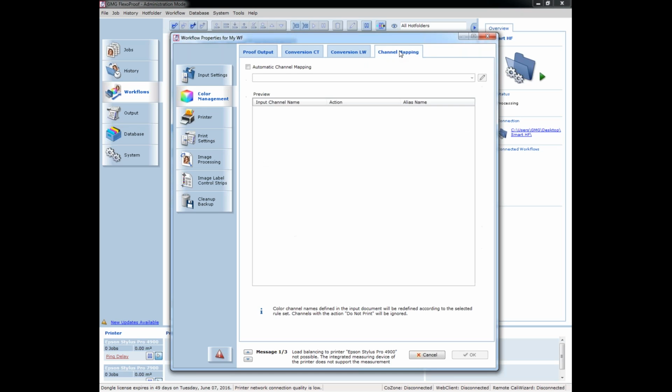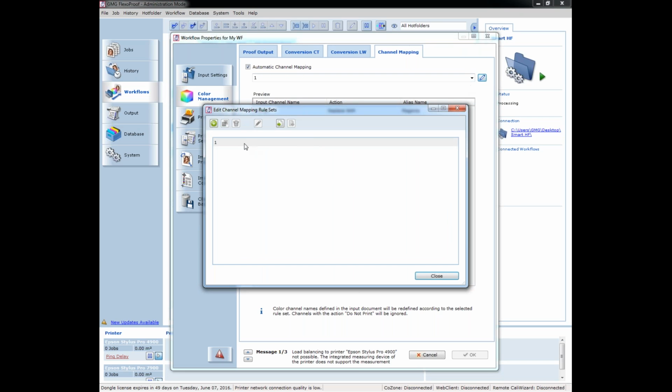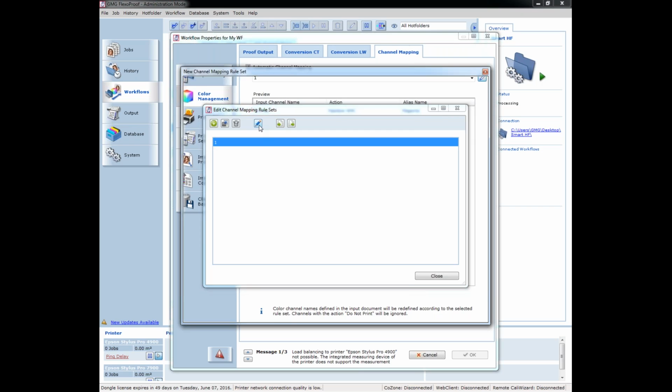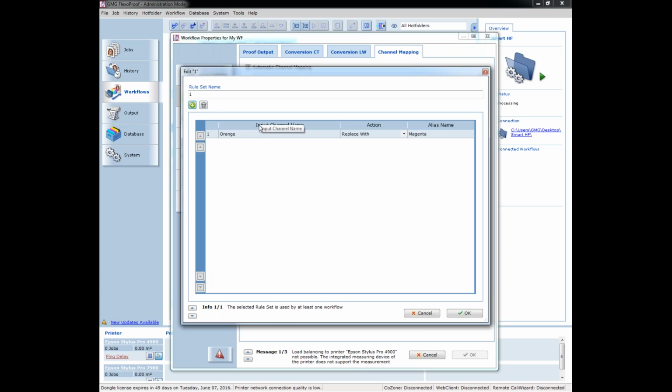And the next very important part is channel mapping, so mapping your spot colors. So I will activate it, and when we have a look at the drop down here, you see we already have a rule, and in this channel mapping rule set it says, okay, when a color comes in named orange, please replace it with magenta. And now let's just edit this rule set. So you see you can set up several channel mapping rule sets, and let's just add some